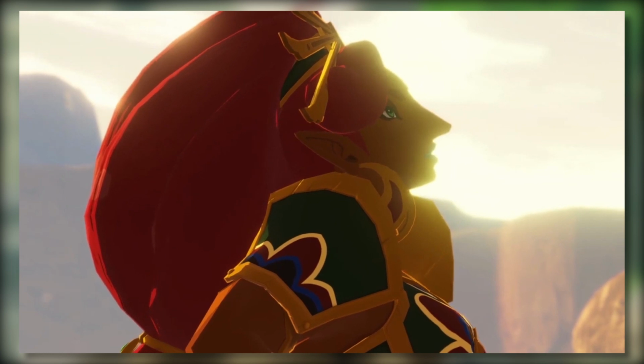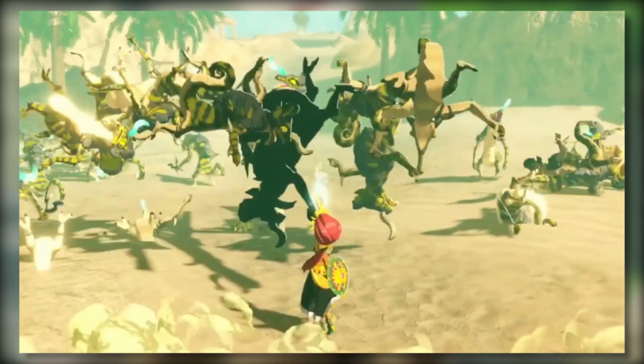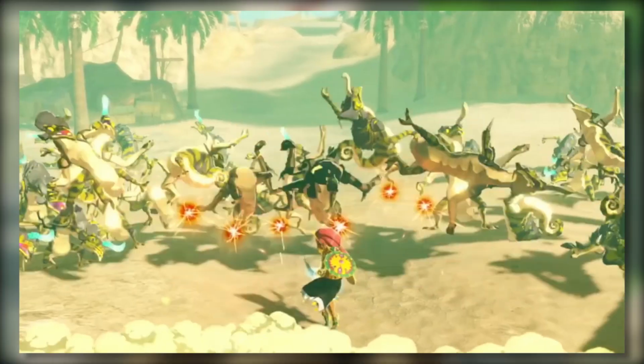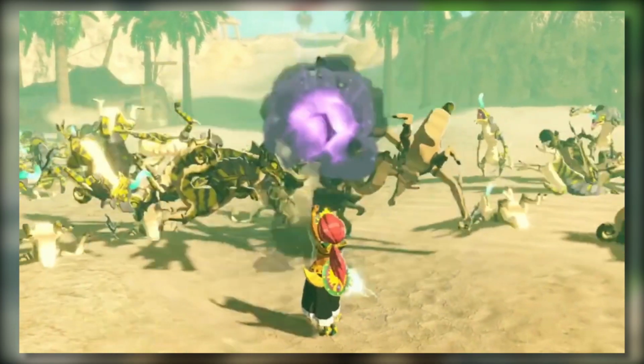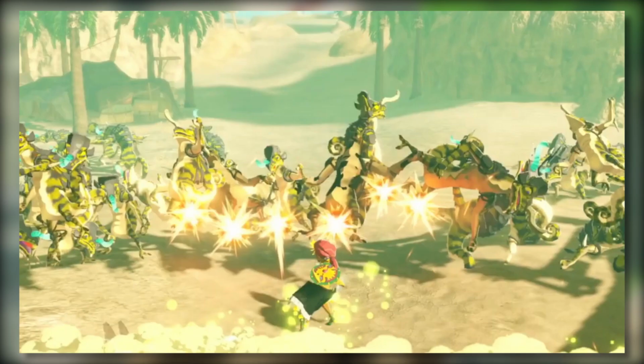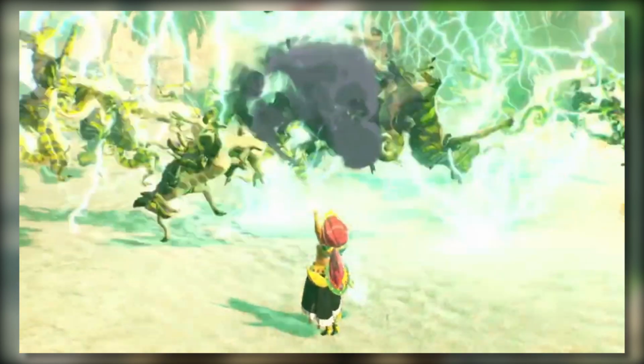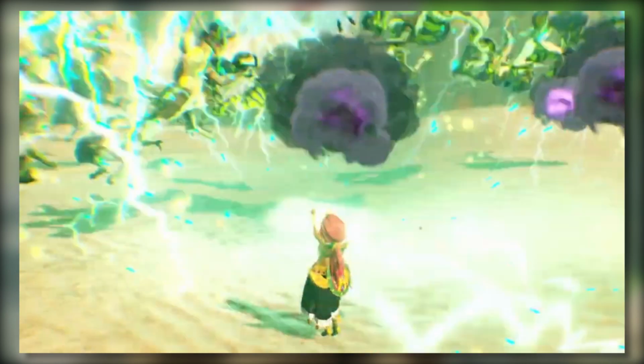Urbosa is looking at the Divine Beast and then declares that she will be the one to pilot it. After that, we then get to see Urbosa fighting a group of yellow Lizalfos. Yellow Lizalfos have electric powers and are found a lot within the Gerudo Desert, so this definitely fits with the setting. While it is a little hard to make out, I do think they could be fighting very close to